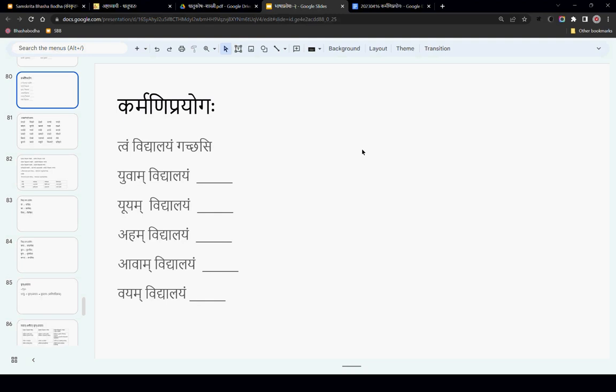Let's quickly go through it and we'll see what are the steps to make these Karmani Prayoga forms.